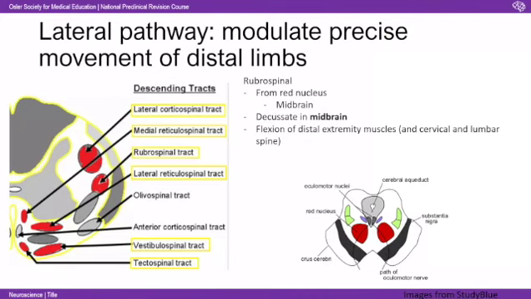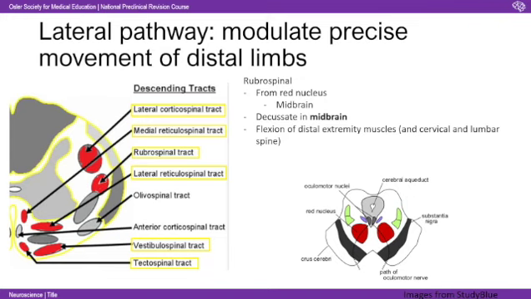Red nucleus, it sort of looks red. You can sometimes be asked about what's going on down there, so it's worth being aware that it's the big block in the middle. And they do decussate in the midbrain, and that's your flexion of your distal extremity muscles. So it is a bit of a broad separation, but you can get this idea that